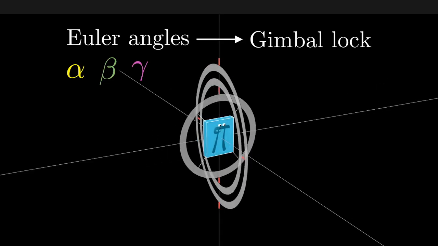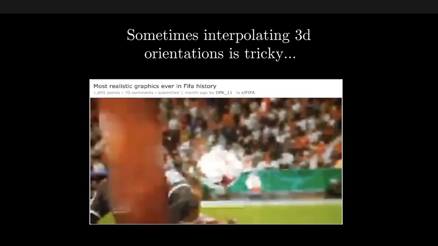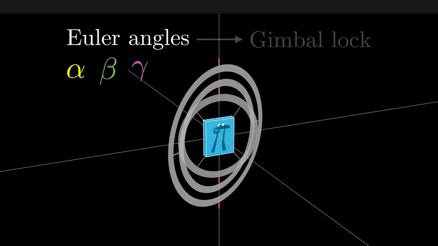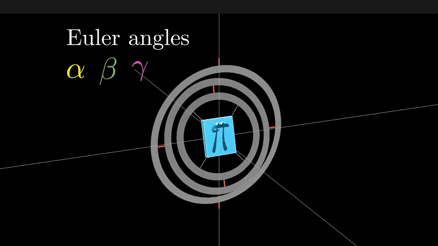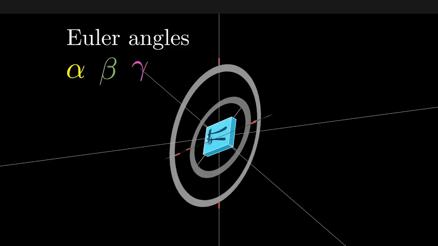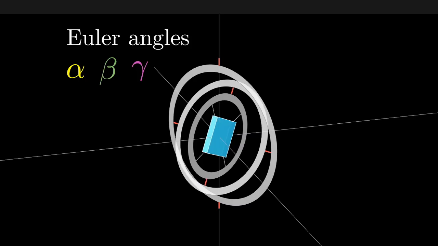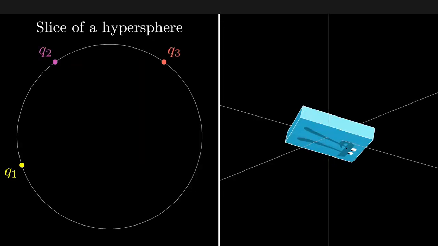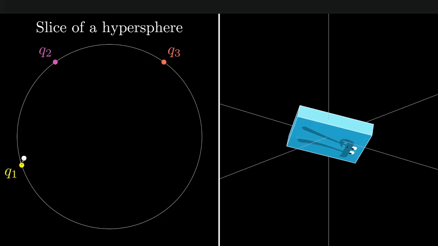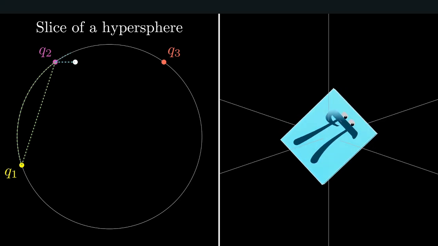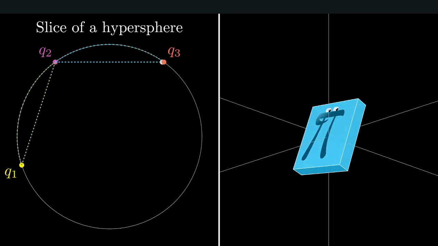And it can also cause difficulties and ambiguities when trying to interpolate between 2 separate orientations. If you're curious for more of the details, there are many great sources online for learning about Euler angles and gimbal lock, and I've left links in the description to a few of them. Not only do quaternions avoid issues like gimbal lock, they give a really seamless way to interpolate between 2 3-dimensional orientations, one which lacks the ambiguities of Euler angles, and which avoids the issues of numerical precision and normalization that arise in trying to interpolate between 2 rotation matrices.